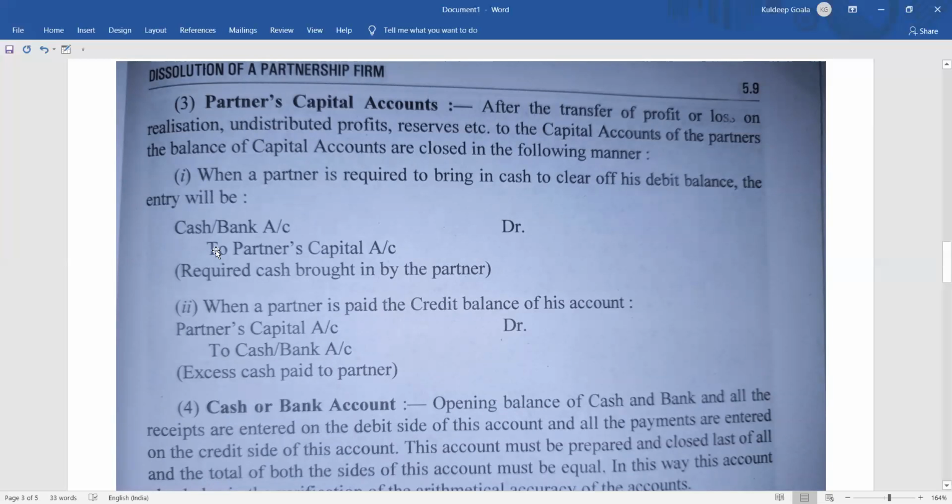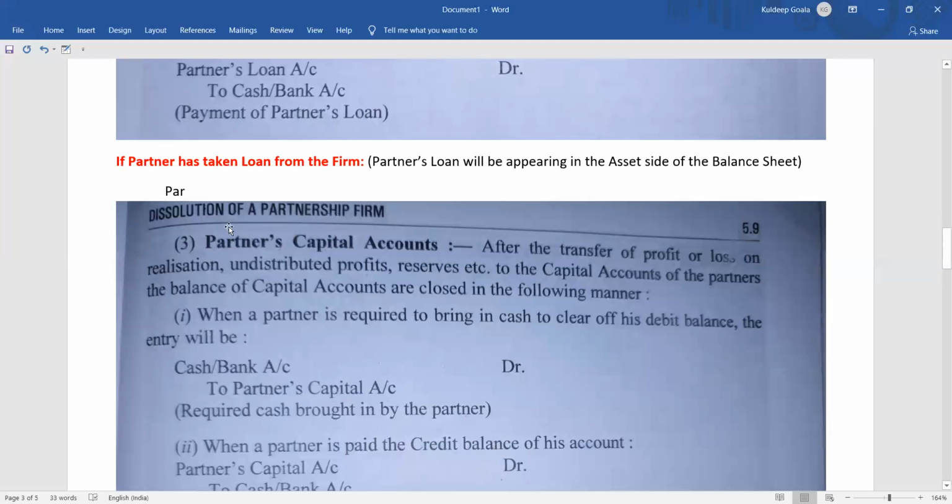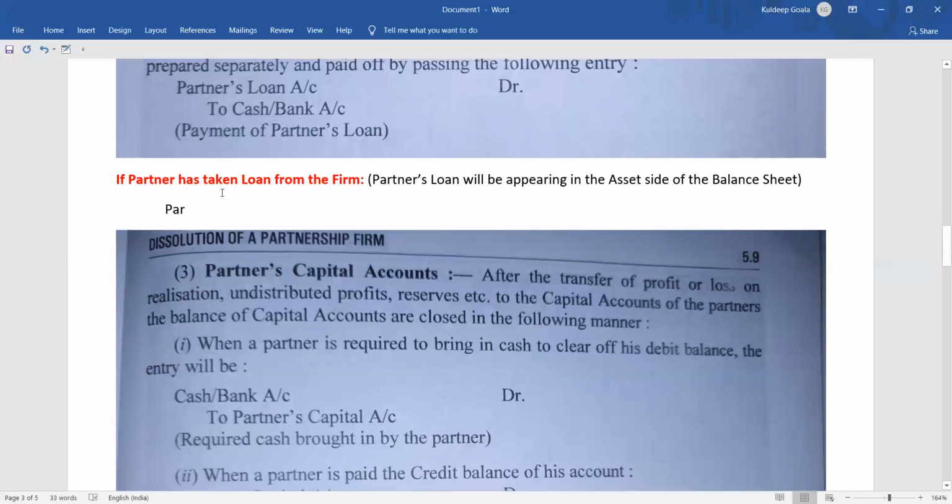Okay, just a minute. Yeah. There's some disturbance in the page setting. Okay, so, partners